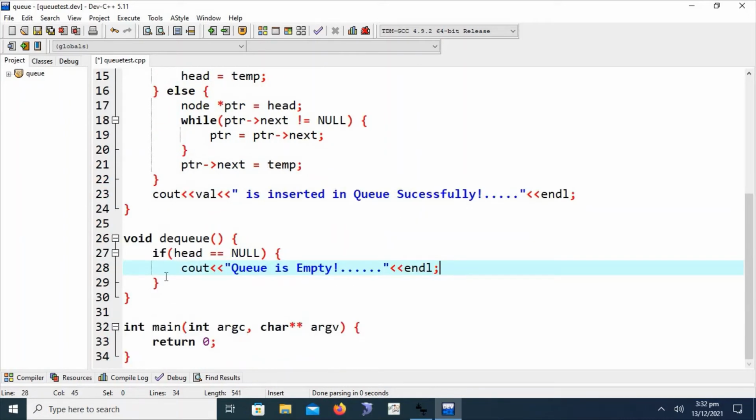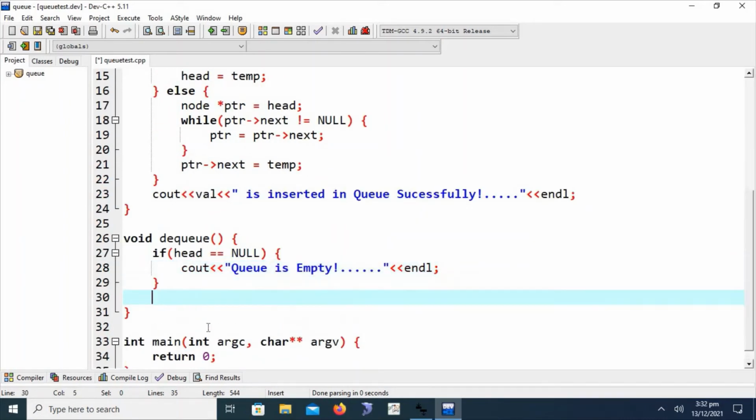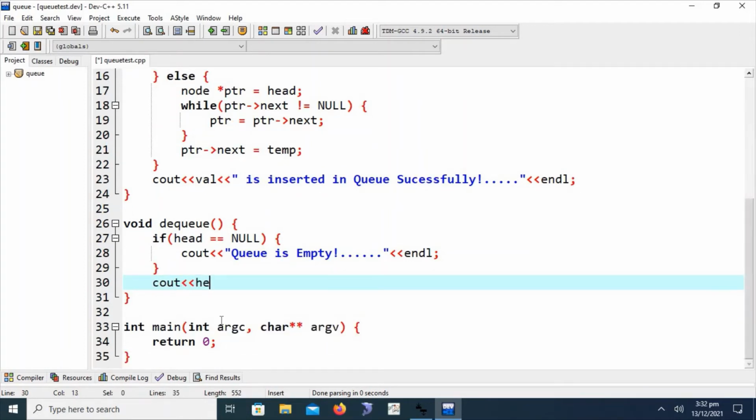Okay, if queue contains elements, then we will have to say that cout head data,